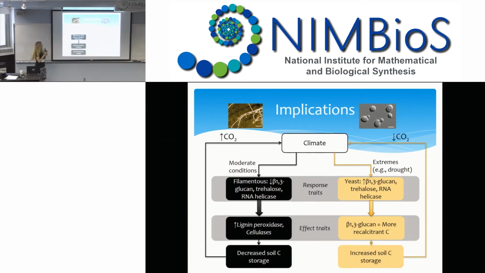And then the effects on soil carbon storage might be something like this, where if you have more decomposition of this tough material, you'll have decreased soil carbon storage and increased CO2 to the atmosphere. And then on this other side, you might have increased soil carbon storage and a reduction of CO2 being released to the atmosphere, right? So these are two very different potential feedbacks on climate. And I would not have predicted them necessarily if I didn't know how these traits were distributed among the groups and linked to one another, right?